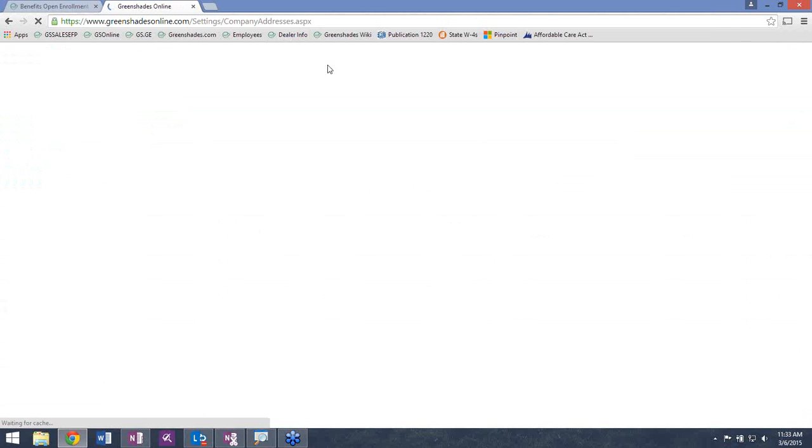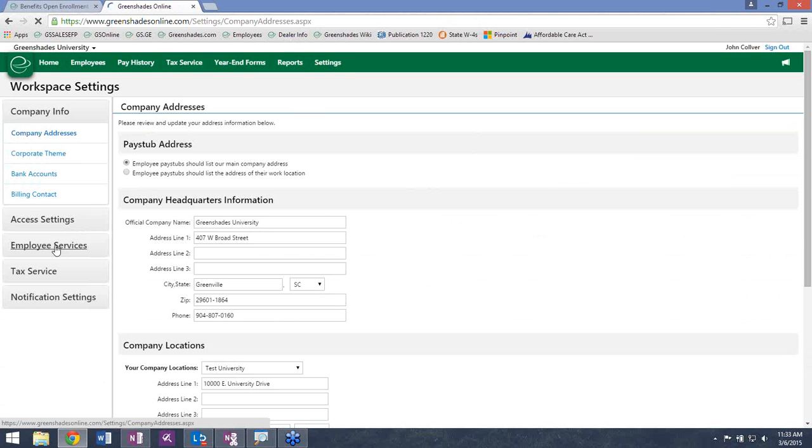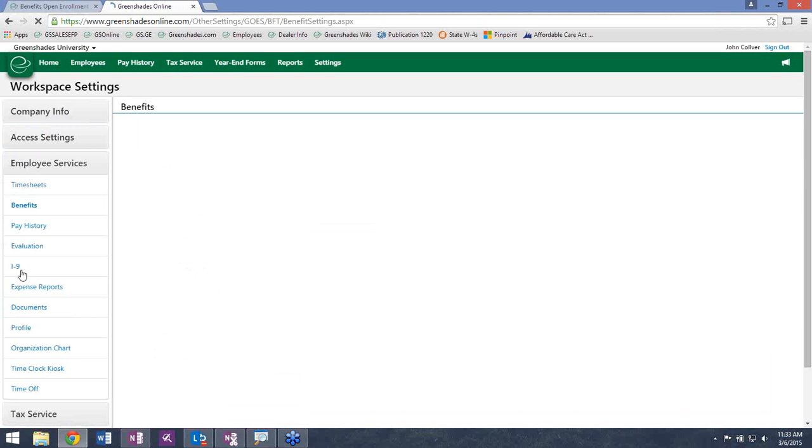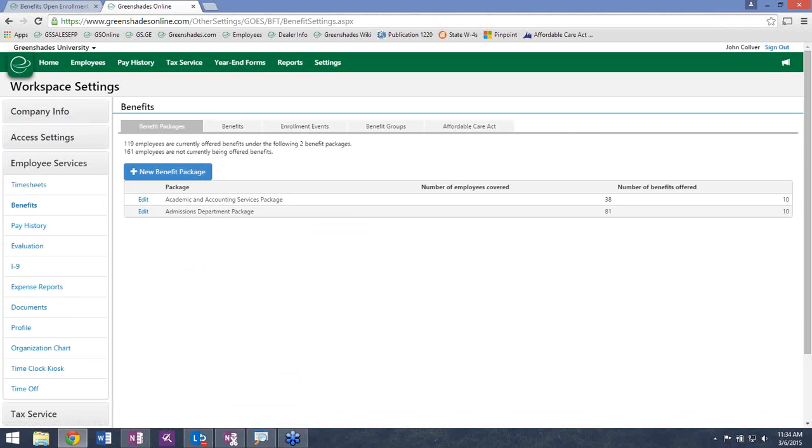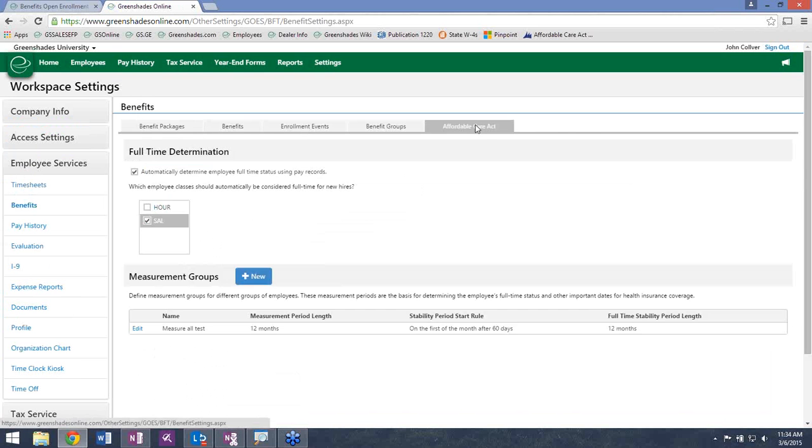So the first thing I want to show you is under the Settings tab for the Benefits module. This is where we're going to outline our eligibility. Just like in the Payroll Inspector, we were setting up the rules for our measurement, admin, and stability periods. We would do the same thing in the Benefits module. And I forgot to mention at one point that this is a one or the other. There isn't a situation where we would have somebody using both tools. We're going to let you choose which type of functionality you require, whether it be the Payroll Inspector or the Benefits Enrollment module.